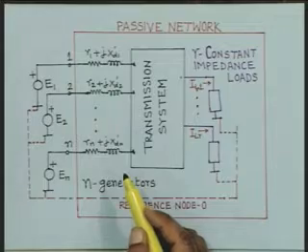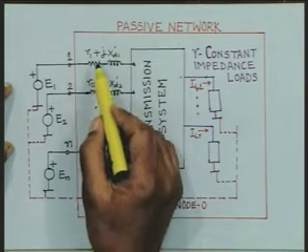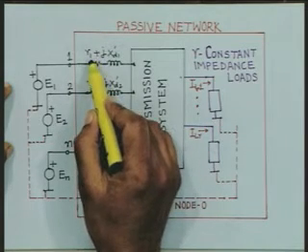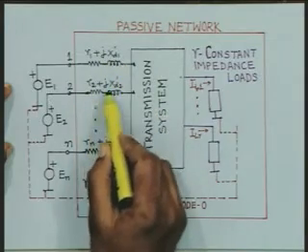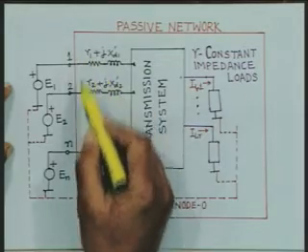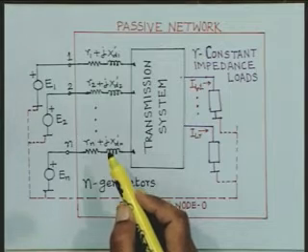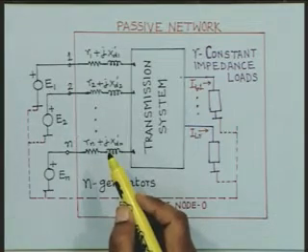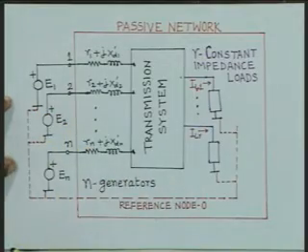Once we account for the armature resistance, we represent the generator by an impedance R1 plus j X'd1, R2 plus j X'd2, and we find the voltage behind this impedance. If you neglect this resistance, it becomes simply the voltage behind the direct axis transient reactance. But when we do the transient stability analysis, there is no need to ignore the resistance and we can account for it. Once you account for this, these are the voltages behind the transient reactances. Therefore, now if you see here,